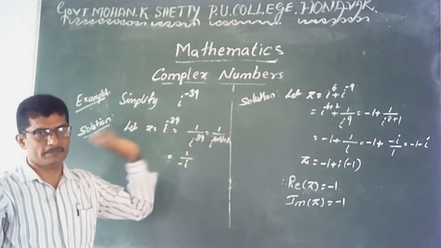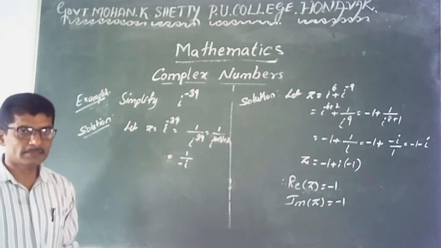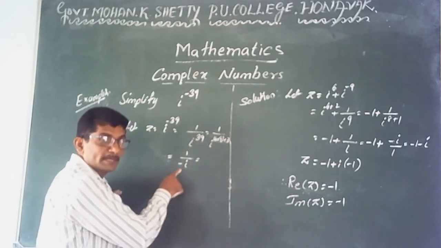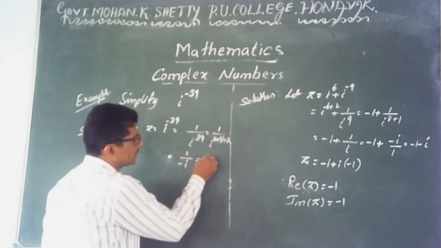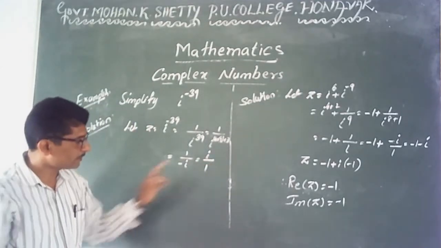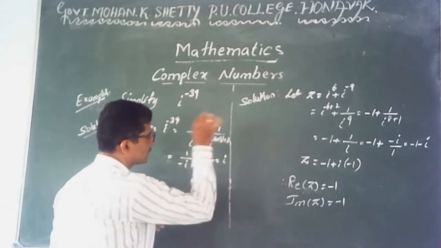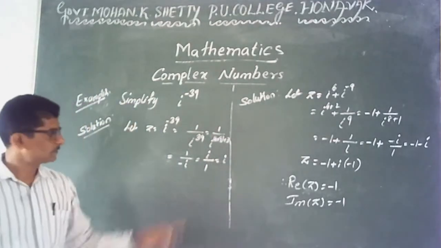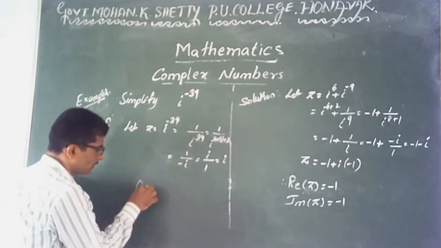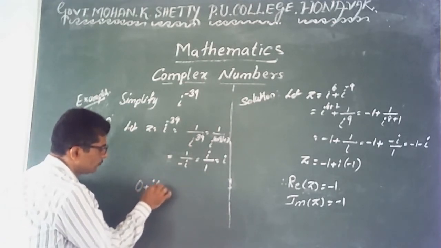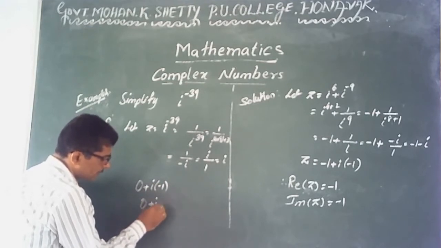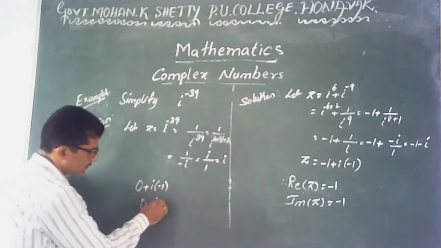That is clear? i to the power 4n plus 3, where n is a multiple of 4, its value is 1 divided by minus i. Therefore, it is exactly the conjugate of minus i, divided by 1. You get its value exactly equal to i. The conjugate of minus i, which is 0 plus i into minus 1, is 0 plus i into plus 1. It means i. Its value is exactly equal to i.